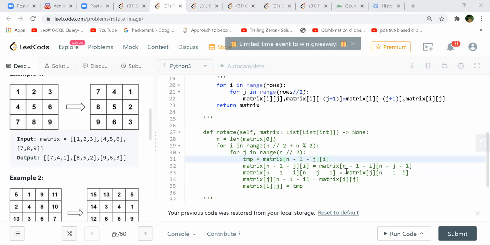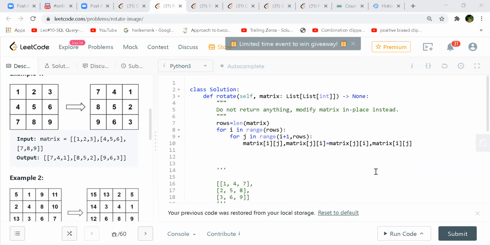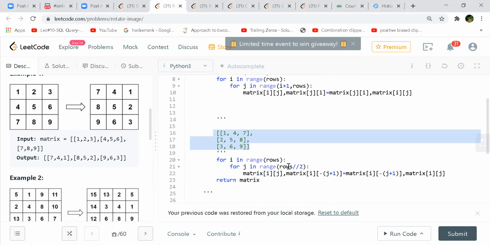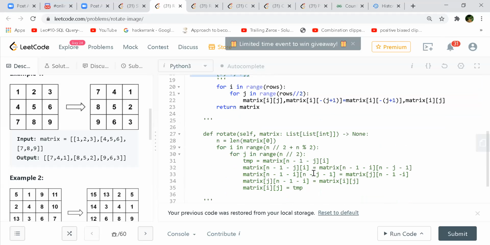Because your transpose one is actually an easier way in that case. Transpose is pretty straightforward, right? Just swap ij with ji, and you will get the transpose. Once you get this matrix, just reverse each row. Worst case, if you are not able to come up with the optimized one, then we should go this way, though it's 2 passes, because this one is a single pass, right? So that will be the optimized version.